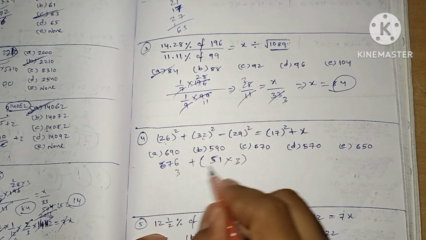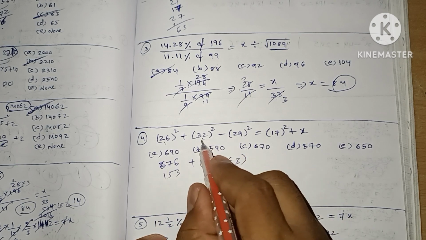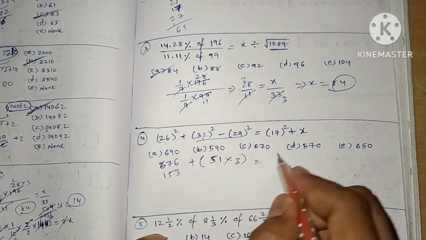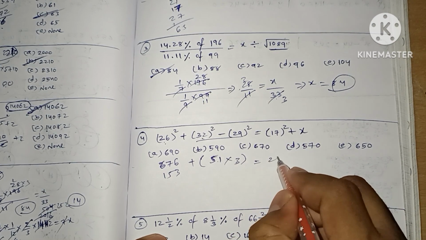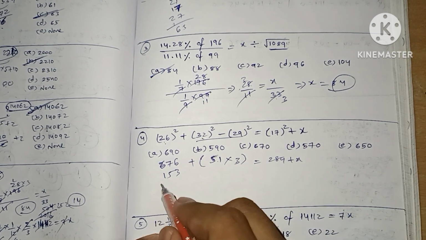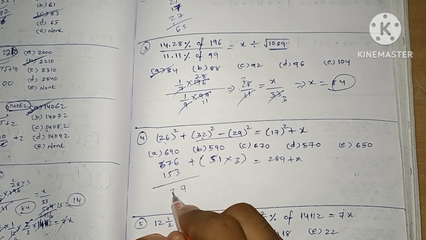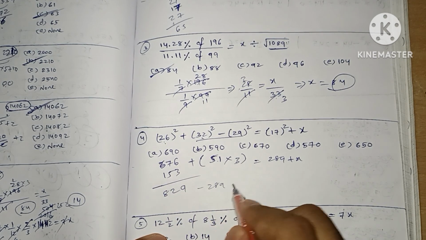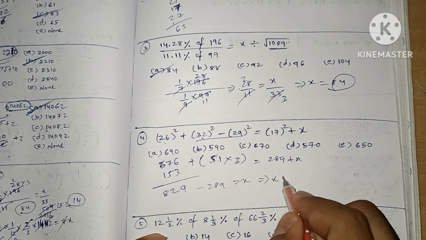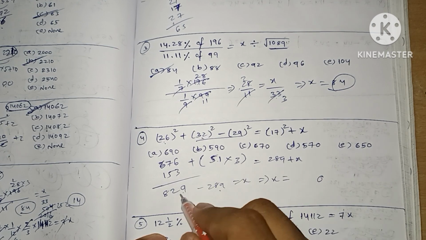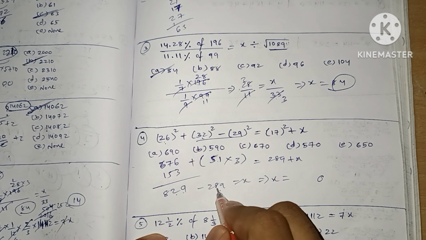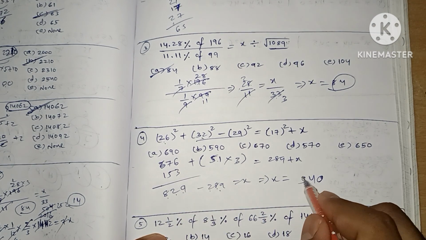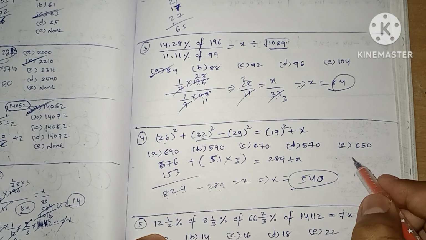So 3, 1 times 3, 3, 5 times 15. So totally we get 153 for these two, equals to 17 square, which is 289 plus x. So what we have is 9 to 829 minus 289 equals to x. So x is equals to 9 and 9 cancels 0. Here we have 4 and 7 minus 2, 5. 540 is our answer. Option, wait a second,